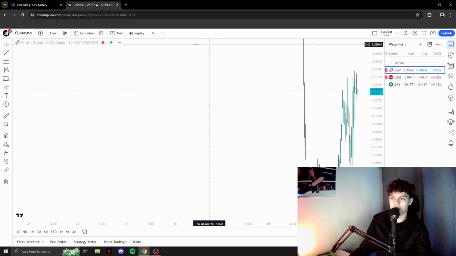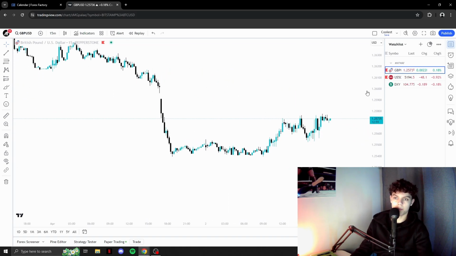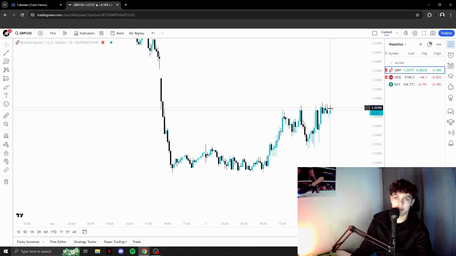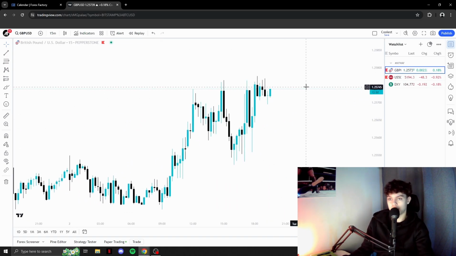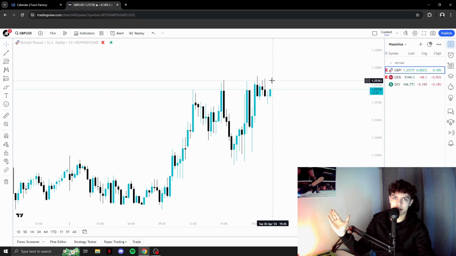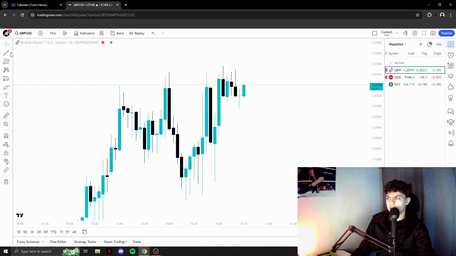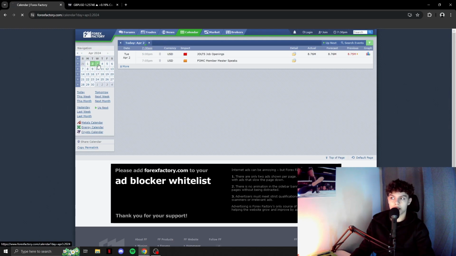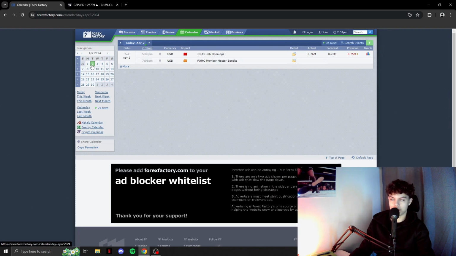By the way, if you don't know, on the left, this is the past. On the right, this is the current situation. As you can see, this candle is moving. So this is the current price action on GBP USD, and all the other pairs, same thing. Left is the past, and this is what's going to happen. Okay, now hold on, let me tell you. The news happened. Literally, this news happens almost every day, so you gotta be really wise. You should always check if there's news coming up.